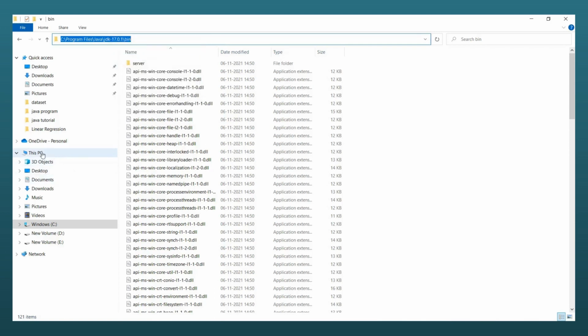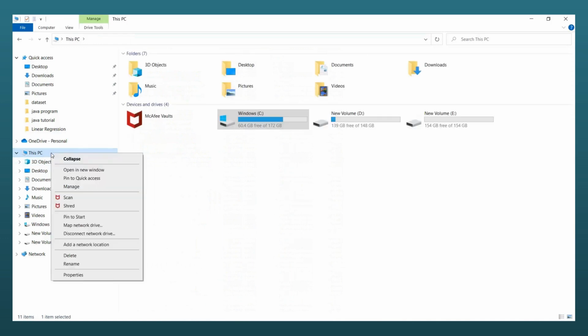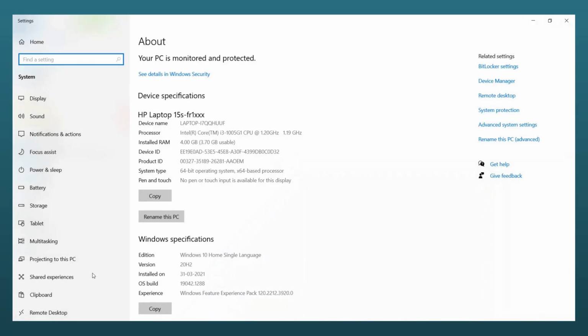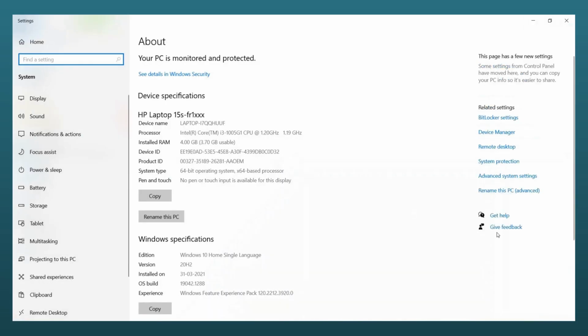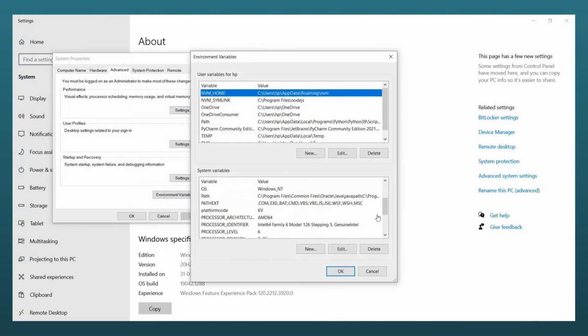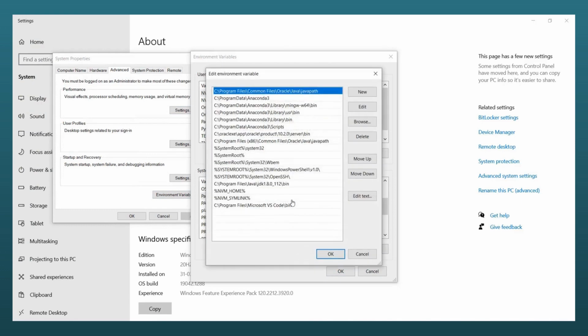Then I will go to My Computer, right click, Properties. Then I will go to Advanced System Settings. Then I will click on Environment Variables. Then there is a Path option. I double clicked.